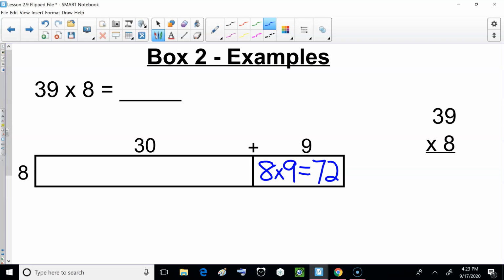8 times 9 is 72. We're going to put the 2 in the ones column and 7 in the tens column because 72 is 7 tens and 2 ones. Now we're going to multiply 8 times our 30. 8 times 3 tens would be 24 tens. So that would be